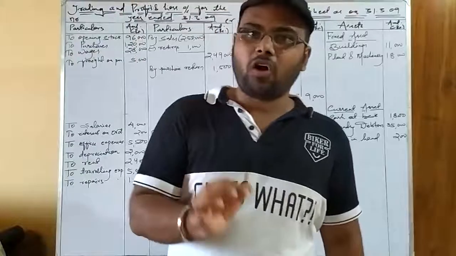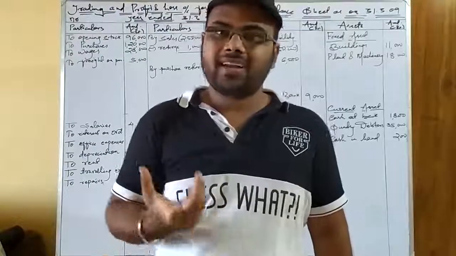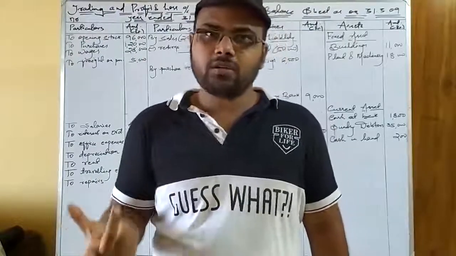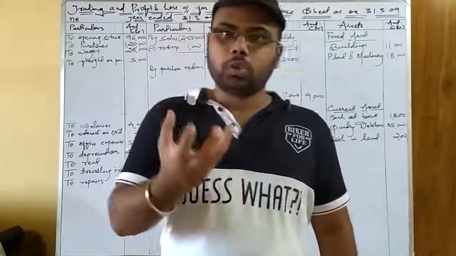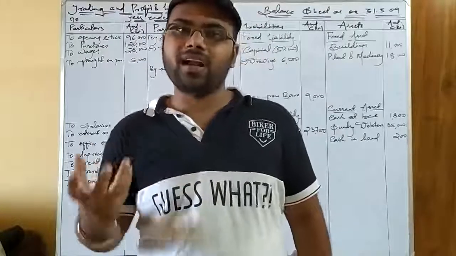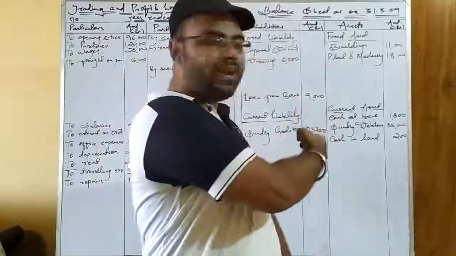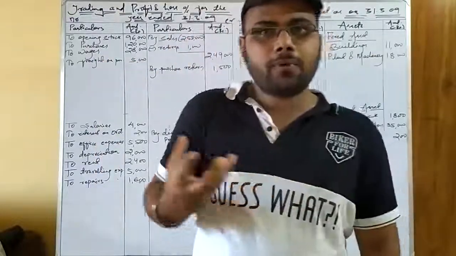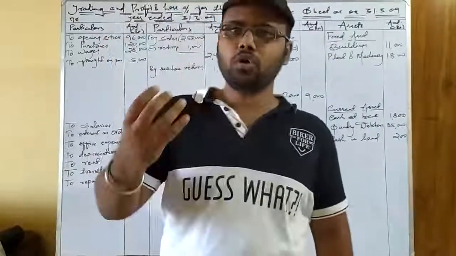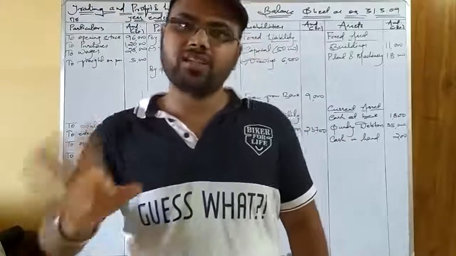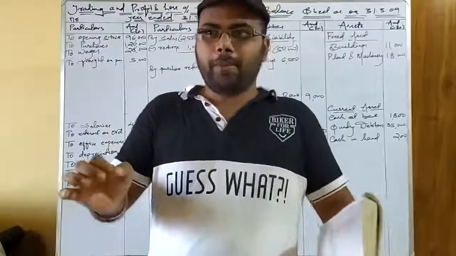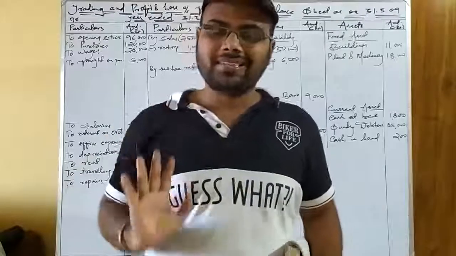Now see, doubtful debt or bad debt, it relates to whom? The debt creators or the debt takers. Who are the debt takers in the business? Debtors. So the reserve for doubtful debt relates to debtors. We have sundry debtors, so debt comes from the debtors only. So these are related to debtors, meaning we may have some losses in the form of bad debt, so we should be prepared for those losses in the form of reserve or provision.